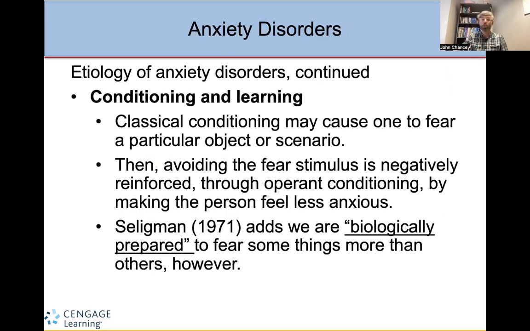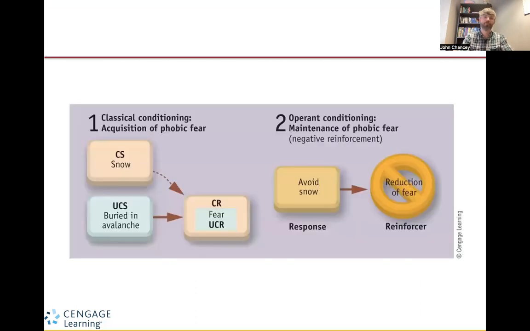We can also learn anxiety, specifically phobias. We can learn via classical conditioning when to exhibit fear in a scenario and not in another. So for example, we learn how to avoid certain stimuli also through classical conditioning and operant conditioning. And it makes sense. I think there are arguments to be made that there are certain stimuli that we might be biologically prepared to be afraid of. We are kind of preconditioned, like snakes, for example. That's something that you don't necessarily have to learn. People have a natural uneasiness maybe around snakes, spiders, things like that.